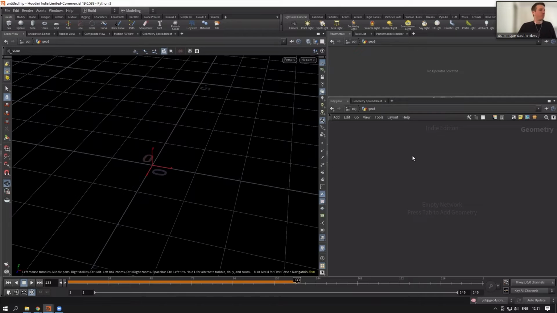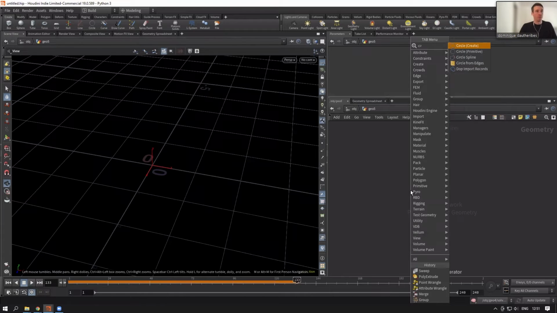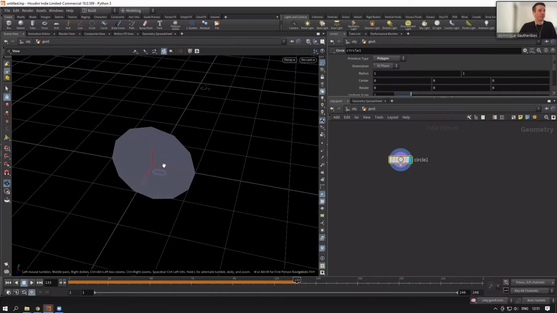Particle systems are surprisingly easy in Houdini. They're very straightforward. They're a bit the same as the particle SOP in TouchDesigner. So it works in the same way: you need something to scatter the particles on before they start moving along. So for example, if we drop, say, a circle,